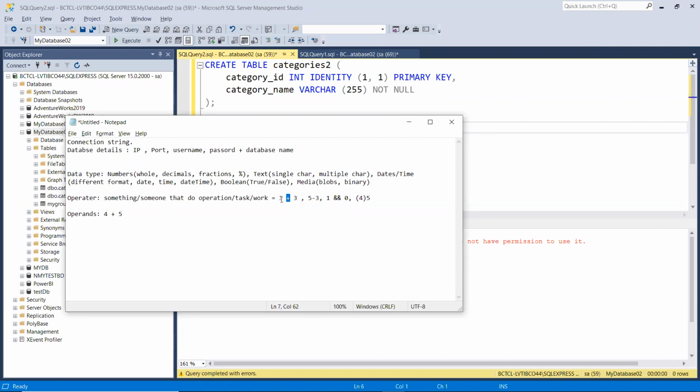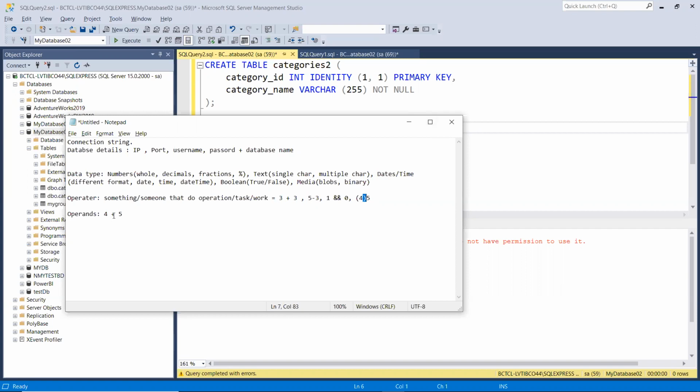Let's say we have something like 3 plus 3. My plus is an operator here, and what it is doing is adding the two numbers. Similarly, minus is again an operator, it will subtract two numbers. There are some other operators like and, or, something like that. We have lots of operators. Similarly, if I have the example of 4 bracket 5, it is multiplying here, so multiplying would be the operator.